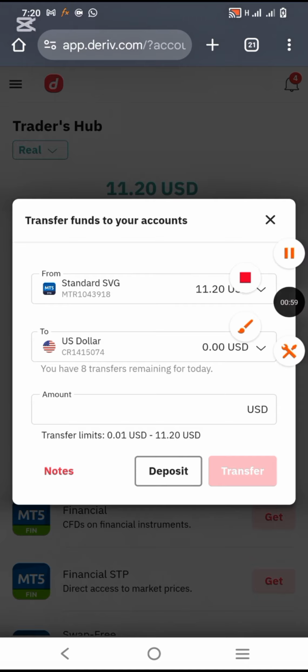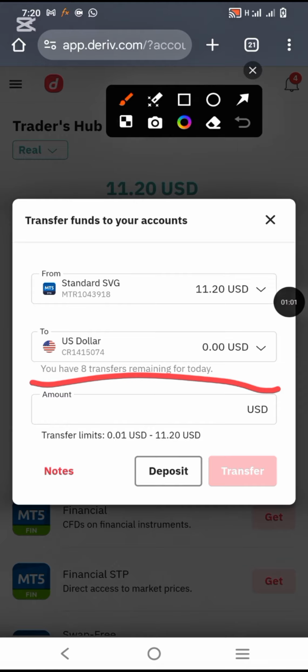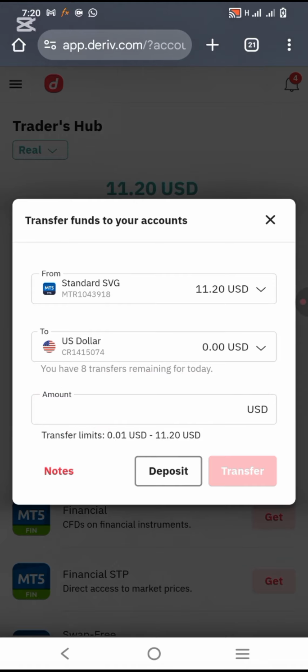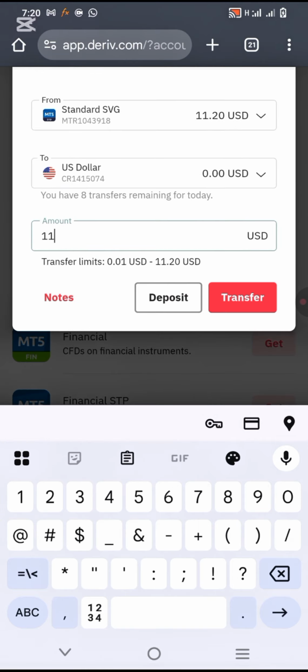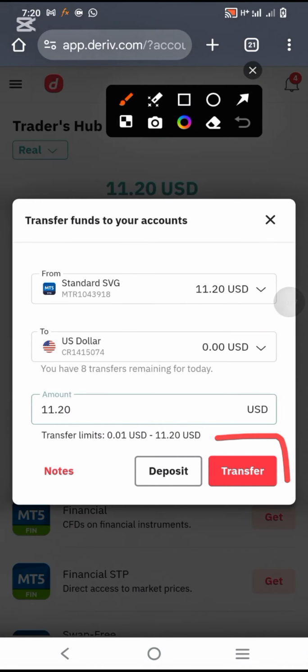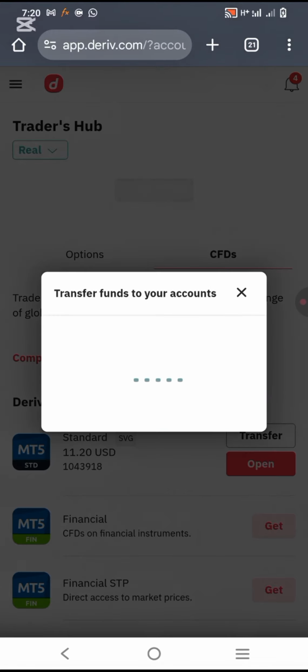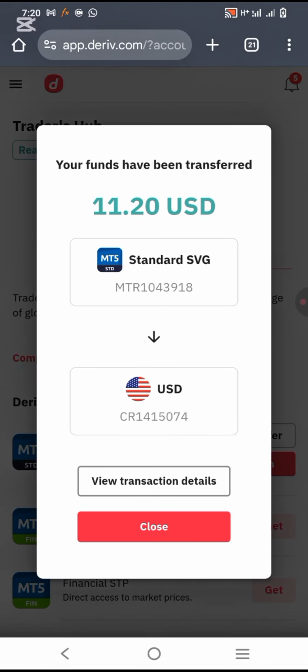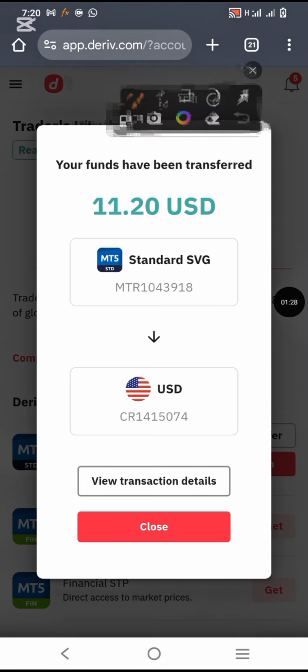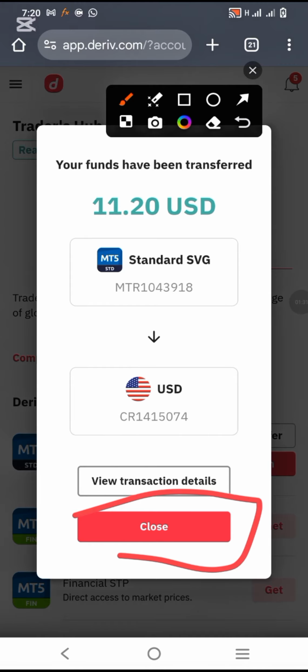So below is where I want to input the amount I want to transfer. In this case, it is $11.20 for the sake of this tutorial. After inputting the amount, the next thing you have to do is to click on transfer. After you have successfully transferred the money from your trading account back to your back office, you just click